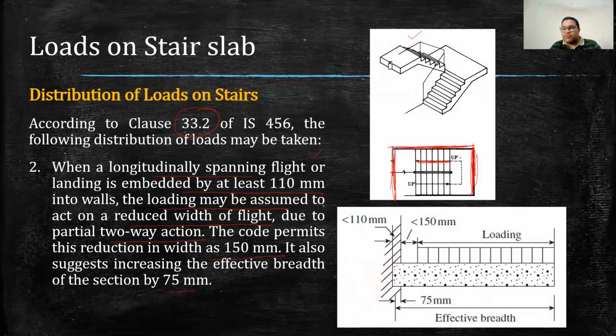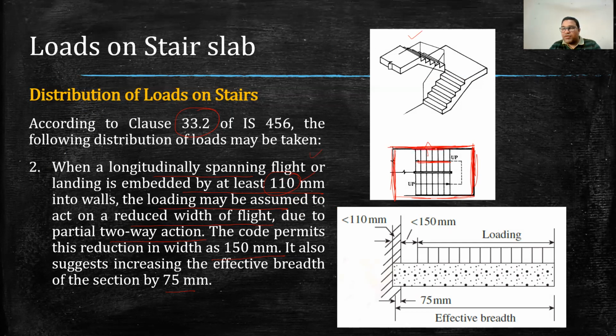So there may be a side wall here also. When we embed this slab in the side wall, that is what is mentioned here, that it should be at least 110 mm. It says that when it is embedded at least 110 mm,